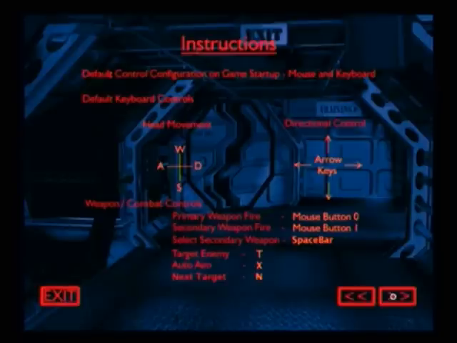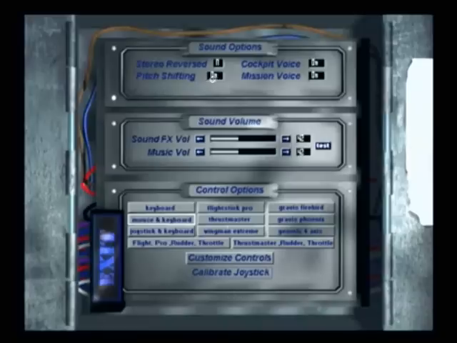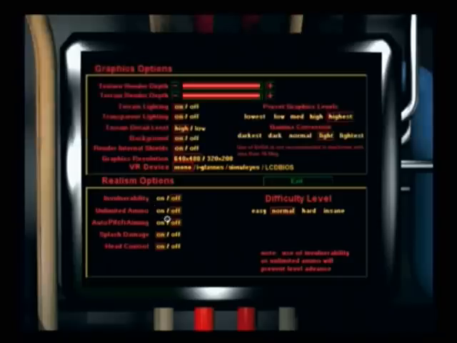A few screens of text telling you what the keys are, which you could pretty much go to the configuration screen and see what those are. There are some general options around controls and sound. A little more interesting are the graphics and realism options. I find them particularly, I don't know if I'd say amusing exactly, but I guess it's kind of funny